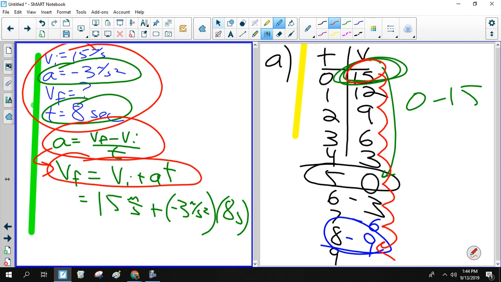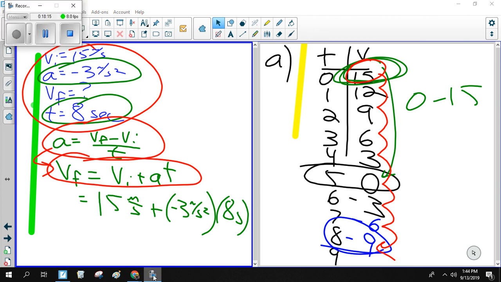If I was to do a quick breakout session about number 15, about those positives and negatives, are there people who would